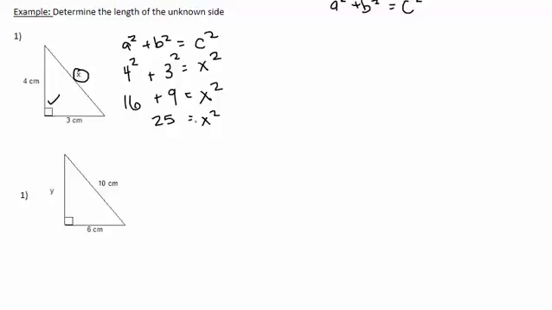And finally, to get x by itself, we need to get rid of the squared sign, so we take the square